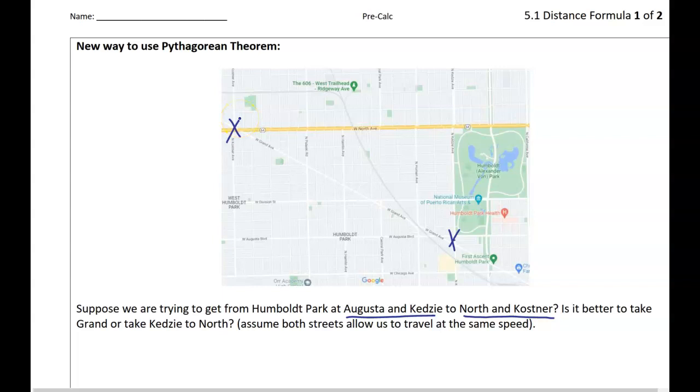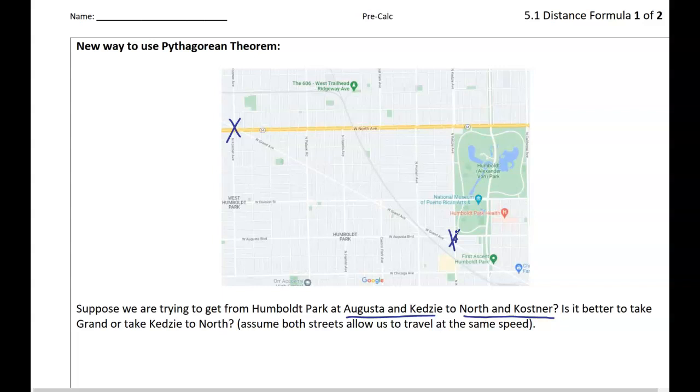Augusta and Kedzie down here, that's like where the pool is at Humboldt Park, and then North and Costner, I don't know what's over there. Like the Walmart is up over there. North Grand is right over there as well, North Grand High School. So that's where we're trying to go. And the question is, is it better